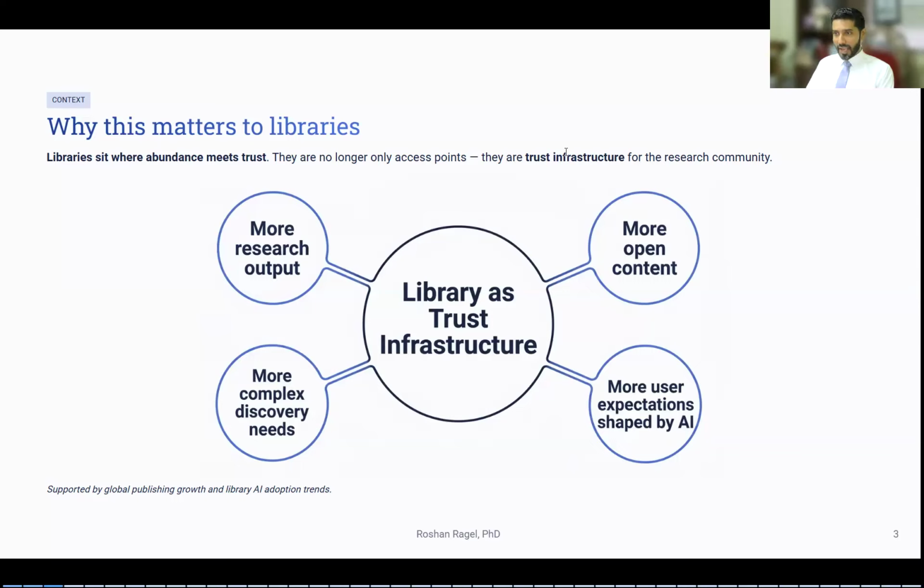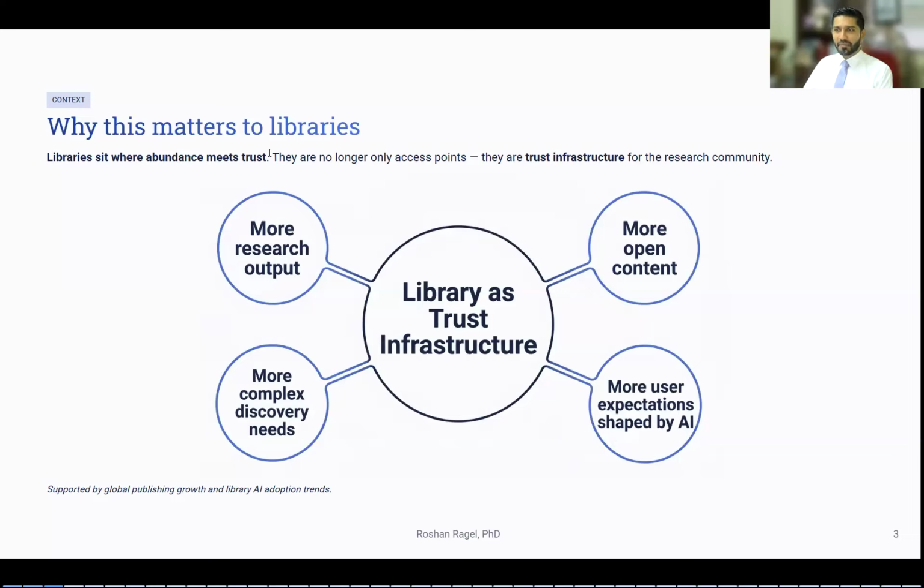I see library networks or libraries as the place of trust. It used to be for centuries. Now in the age of AI, we should not give up, but take that challenge and make sure we become the trusted infrastructure, the trust infrastructure for all this data that's out there. And therefore, we should promote and implement instruments so that the trust remains and libraries are the place where everyone can come for trust.